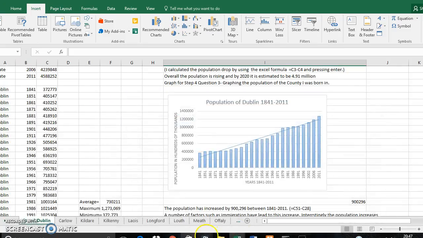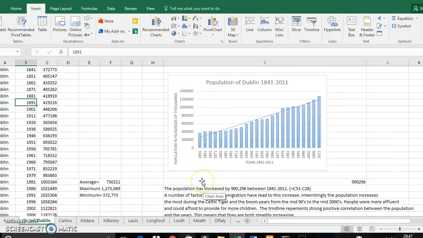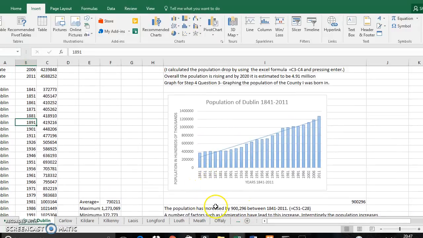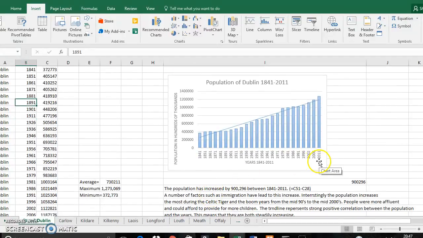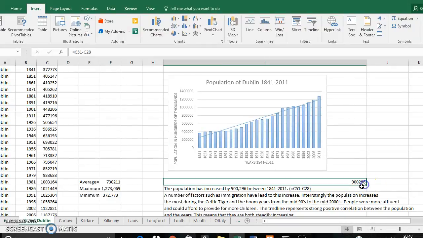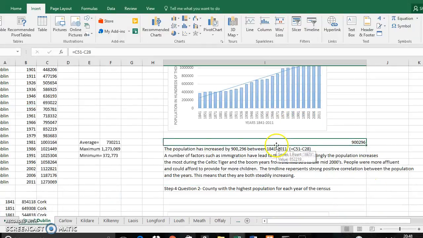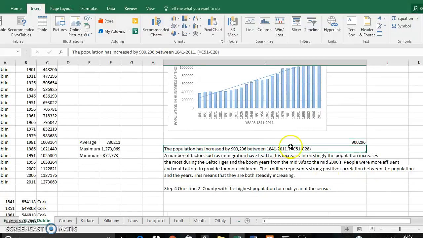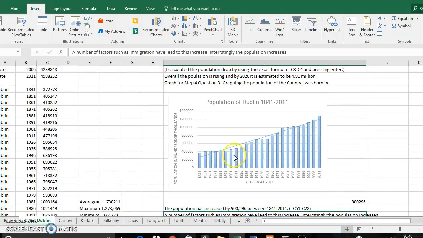And I end up with this information over here. Between the year 2011 and 1841, the population of Dublin has actually risen by 900,296 people. A number of factors have led to this, such as